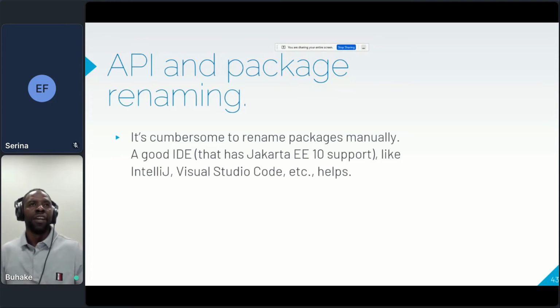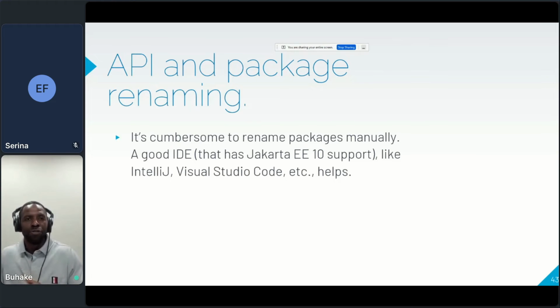Then suddenly you run into an error because you still have a javax package name in there. So a good IDE that can spot the difference, like IntelliJ and most modern IDEs right now, support Jakarta EE 10. So it is very efficient in spotting differences to know, oh, this I can replace with that.